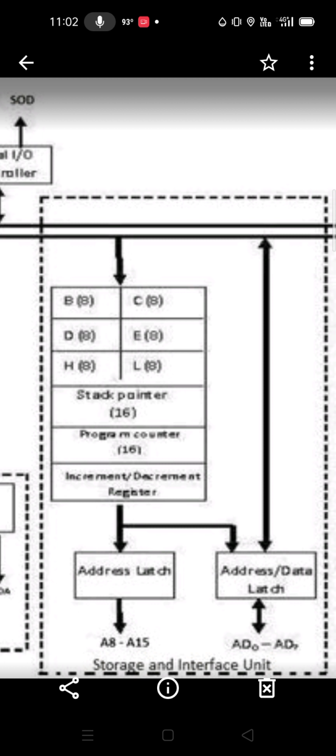The stack pointer is where you have the stack. A stack is used if you want to load a particular set of instructions. How do you handle a set of instructions? You cannot keep all the instructions within the registers. Say you want to add 10 elements; you cannot do it by registers alone, because you would need 10 or 15 registers. You have to store all the elements, and even the instructions have to be stored also.